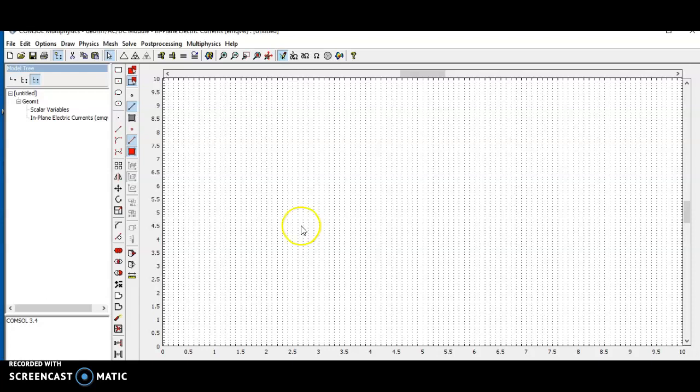So for that we need to design a point electrode. We have to choose the line, and choose sharp edges, and design a point electrode. The same configuration we need to design on the opposite side. So we have to choose the line, the same line.